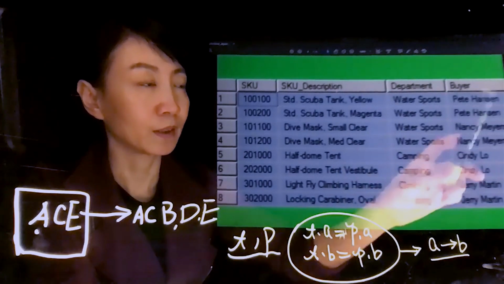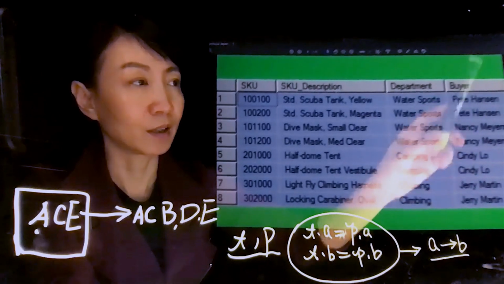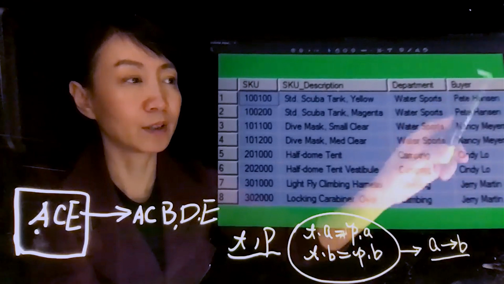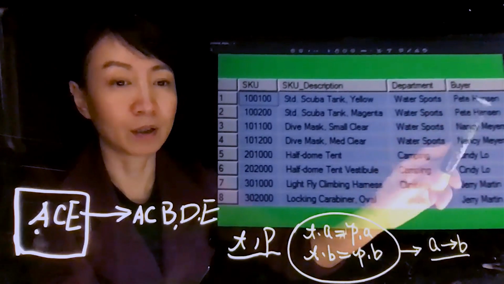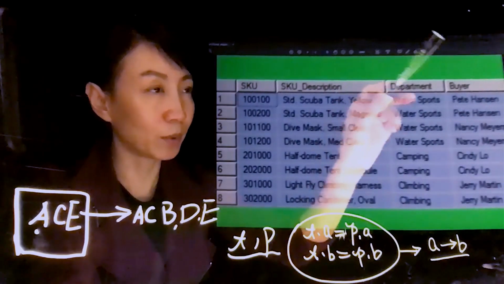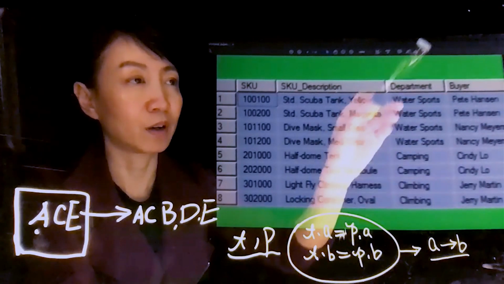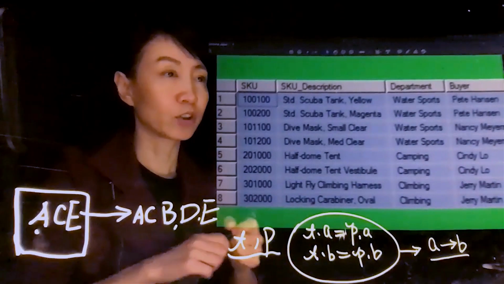And also for buy, we have the first 2 rows, then row 3, row 4, all these 4 pairs of rows have the same value for buy. Okay, so now we could possibly discover some functional dependencies from these 2 columns. So let's check.